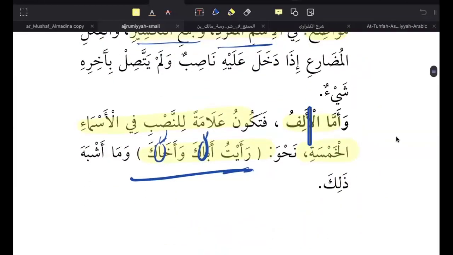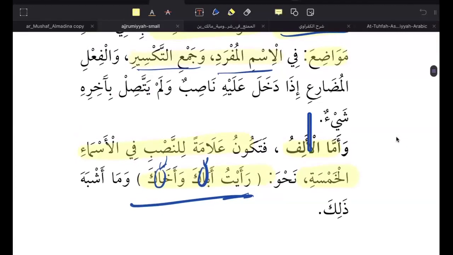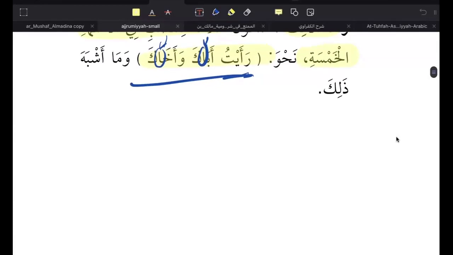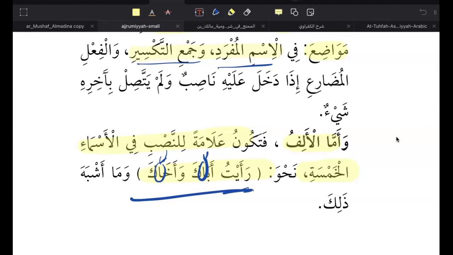Initially, I wanted to spend a lot more time on fi'l, especially because some of the concepts in fi'l, you won't find them in Nahu. As you understand, with regards to Nahu, the fi'l is not talked about too much. Usually in the Sarf class, this is where you'll be spending a lot more time on fi'l. So that's why I wanted to initially spend a lot more time on the verb and bring some of the topics from the Sarf. But for now, we have to make the assumption that everyone has